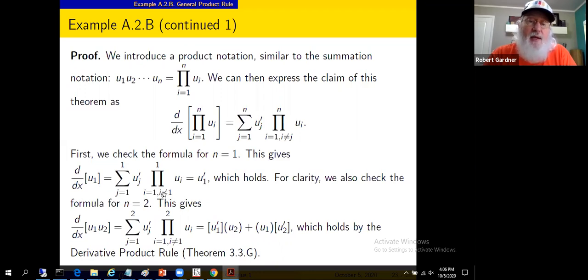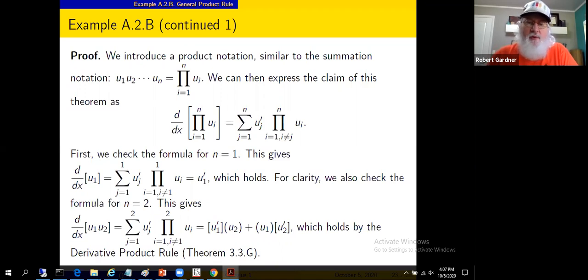Okay, that means you're not taking the product of anything over here. i equals 1 to 1, but not 1, there's nothing there. So we'll just get u sub 1 prime. Yeah, that simplifies to u sub 1 prime, and indeed the derivative of u sub 1 is u sub 1 prime. It's just notation. Let's look at n equals 2 as well